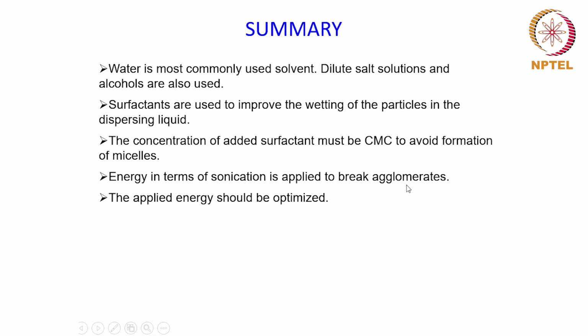And in order to make sure that there are no agglomerates, energy is applied to break the agglomerates, and most often this is done with the help of sonication. And we have seen that most of the modern instruments nowadays are equipped with inline sonicators which help in breaking the agglomerates. And this equipment is also capable of optimizing the energy that is to be applied, because when you try and break the agglomerates with the help of applying this kind of energy like sonication, it is also important to optimize the energy that has to be applied to a particular type of sample.